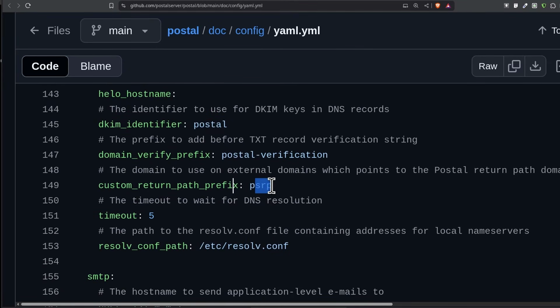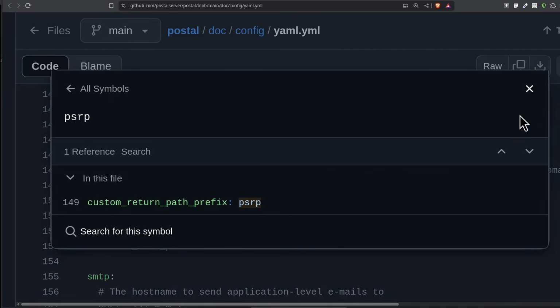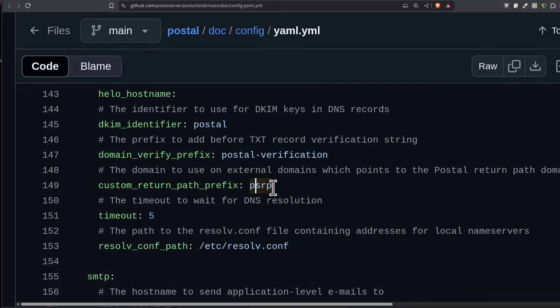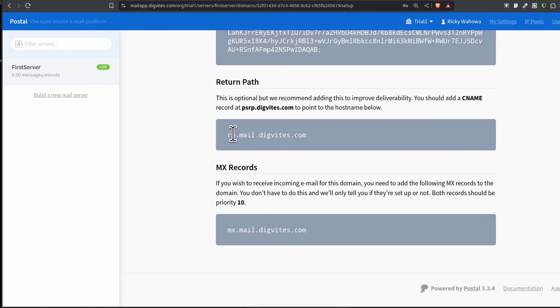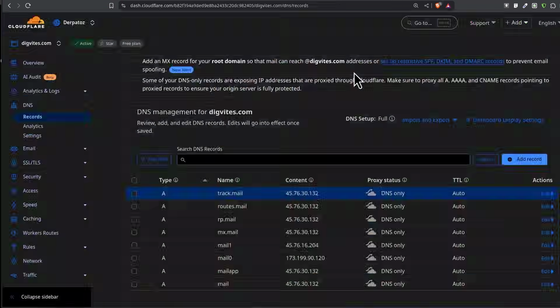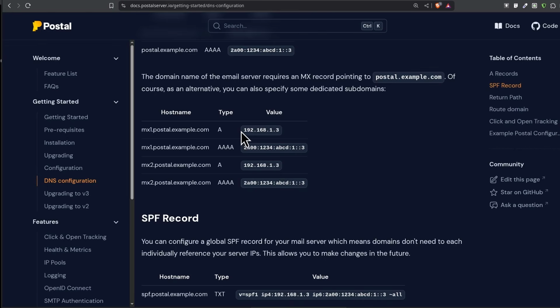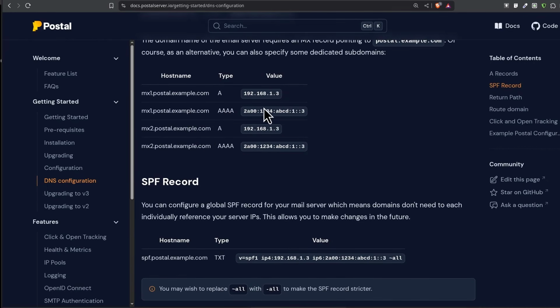Okay, so add whatever you want. Maybe you want yours to be mail D or mail B. You can add whatever you want there. And then MX records, we need to add a root level MX record for that. So let's come back here again. So we've added at least an MX record there with an A record.